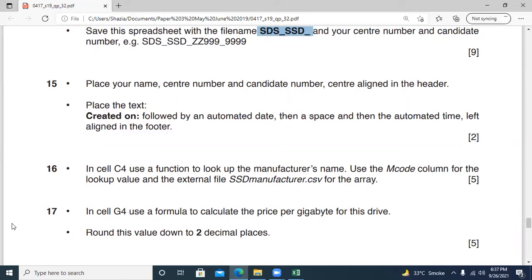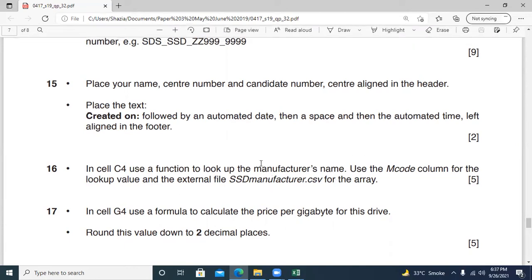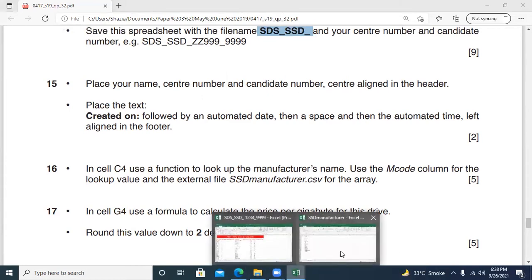So there are two types of lookup. One is VLOOKUP and one is HLOOKUP. VLOOKUP looks up a value vertically, and HLOOKUP looks up values horizontally. So right, but it is wise that whenever another file, data range or file is provided to you, you have to use VLOOKUP first, because in the beginning I opened two files and placed them on the taskbar because I wanted to use them. So this is my working file, this is my data range file.